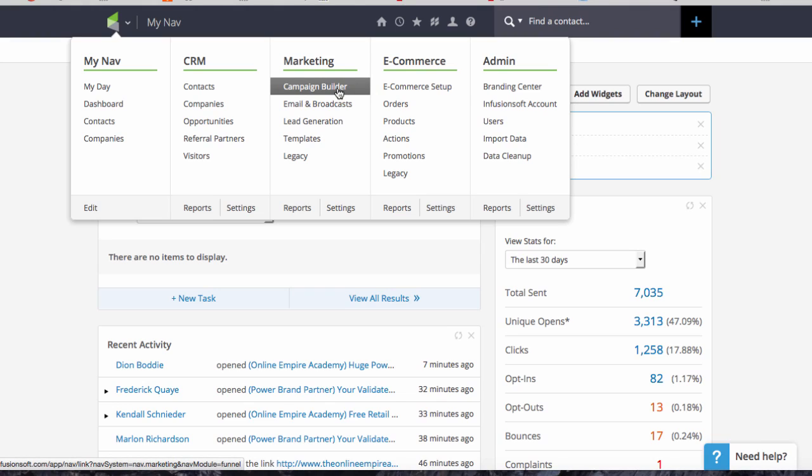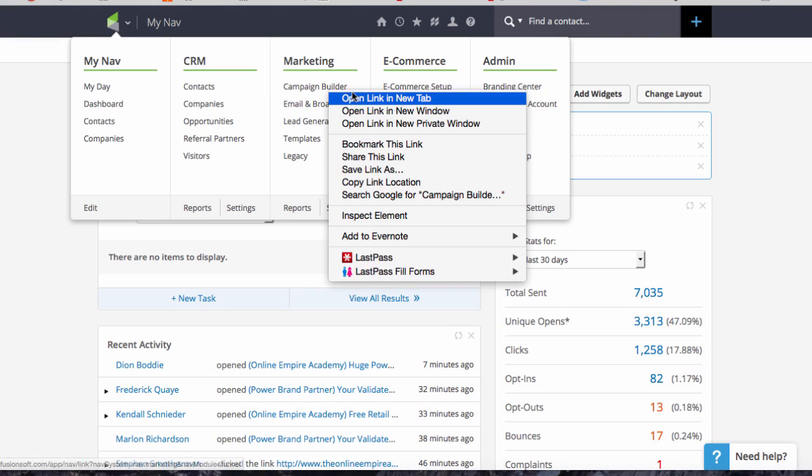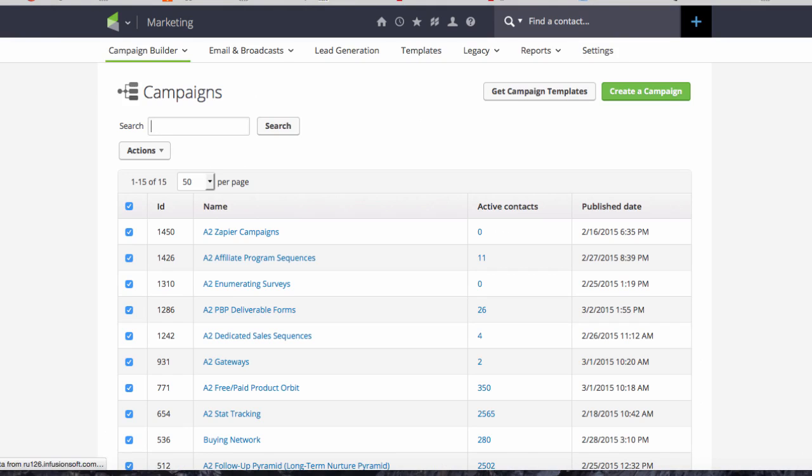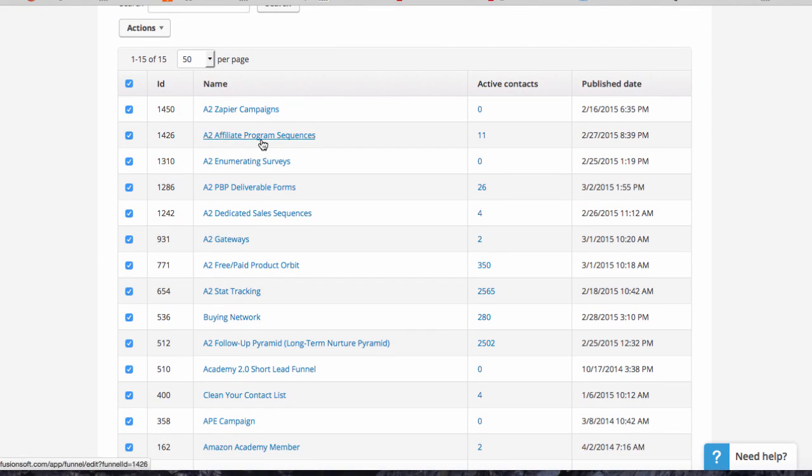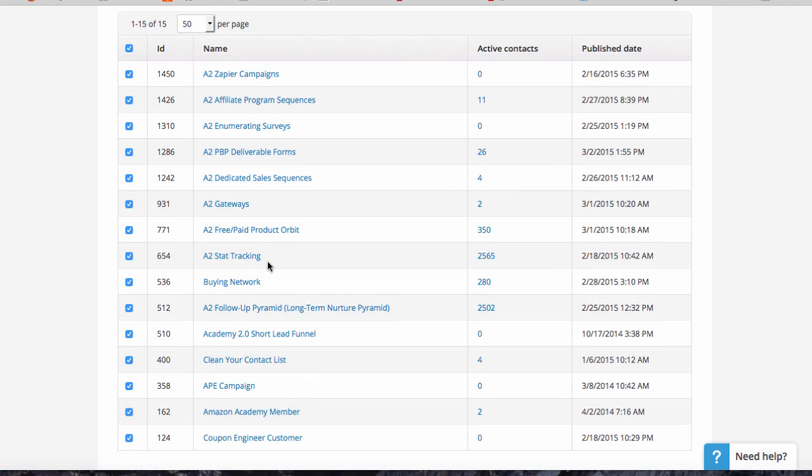Next, the heart of Infusionsoft, the campaign builder. Campaign builder is awesome, and we're going to go through that in a later video. Love it. It's awesome. In fact, I'll show you some of the campaigns we have. Each one of these is a different campaign, and with the campaign builder, it's actually a visual representation of